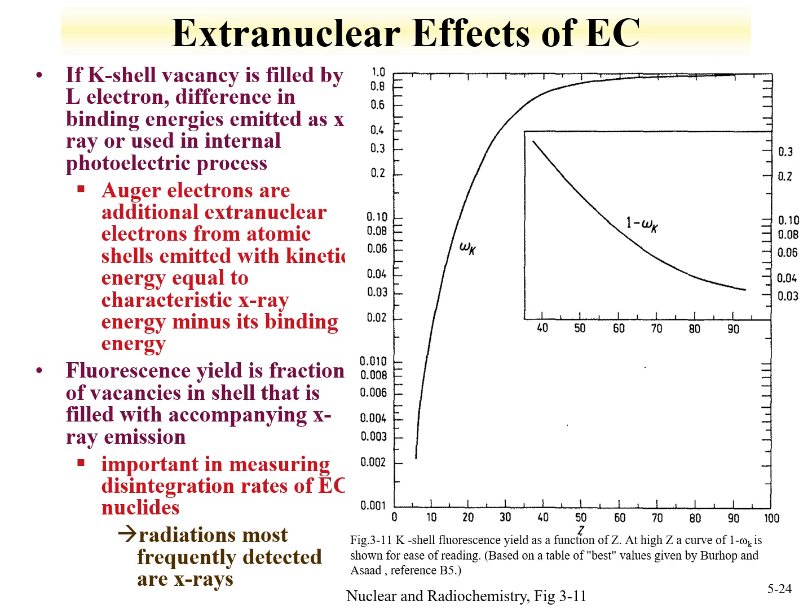Now there's also a decay effect related to electron capture, where if an electron capture occurs, a K-shell vacancy is formed and it's filled by an L electron. When that L electron goes down, there can be an X-ray emitted, or there can be other processes to de-excite that nucleus. One is the emission of Auger electrons. These are outer atomic electrons that will be emitted with a kinetic energy equal to the characteristic X-ray minus its binding energy. There's a term, the fluorescence yield, which is the fraction of vacancies that are filled with an accompanying